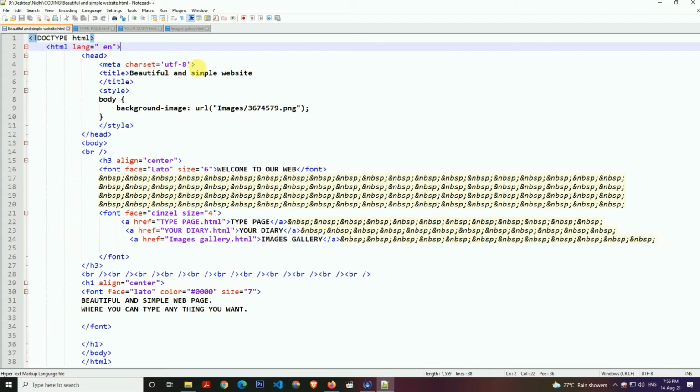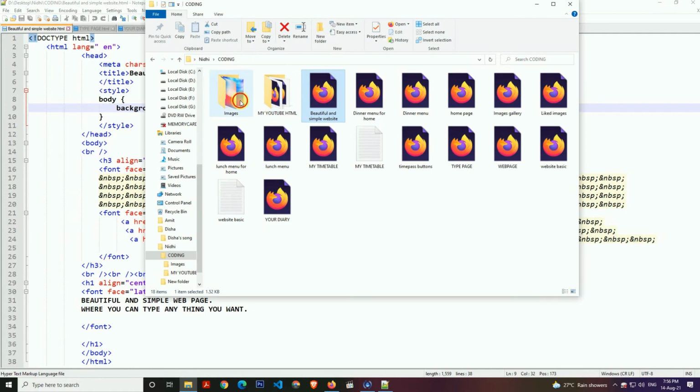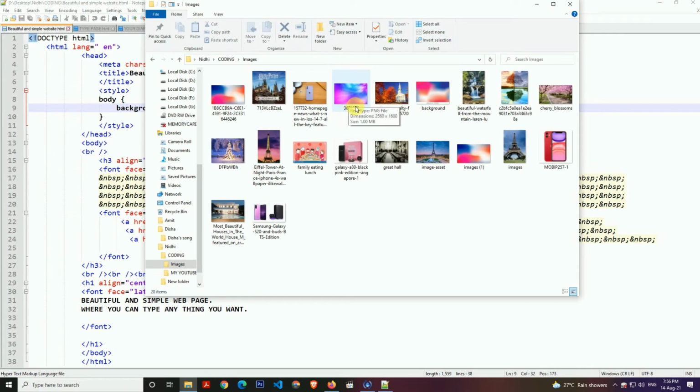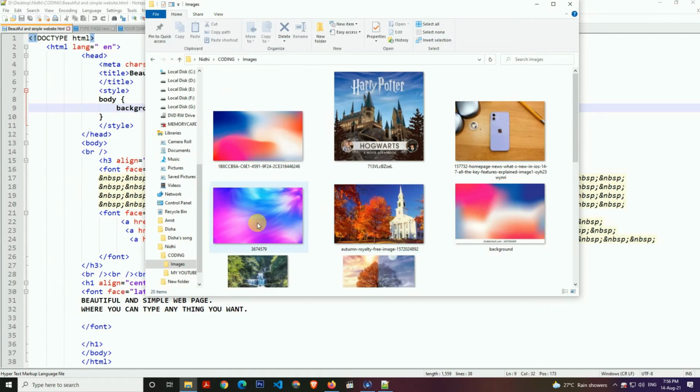Then our title, beautiful and simple web page. This is our title, and in this style we have to put the background image. We need to put a slash between it, background slash images, and these double dots. We have to take the URL, the link of the image you have selected. As you can see, I have selected this one. I have put its image URL, and as I click over here, you can see